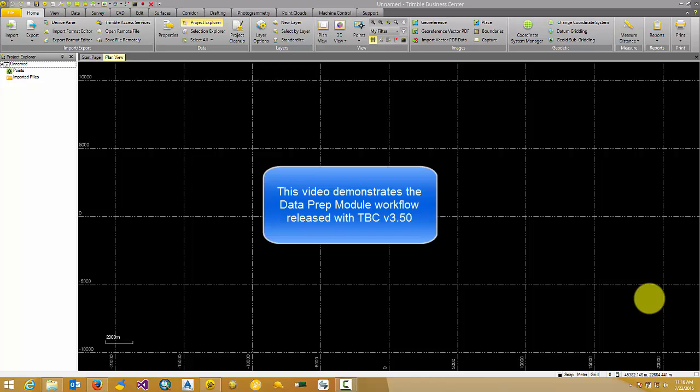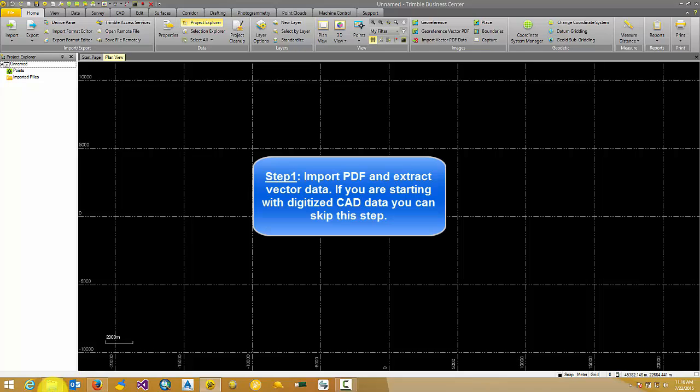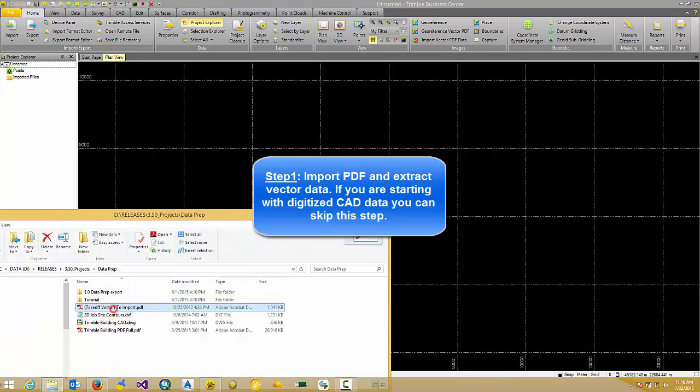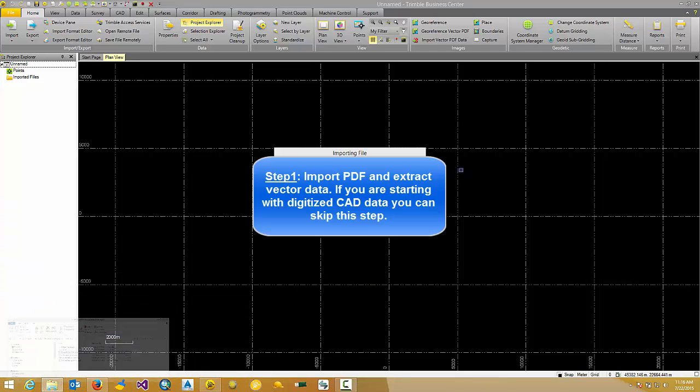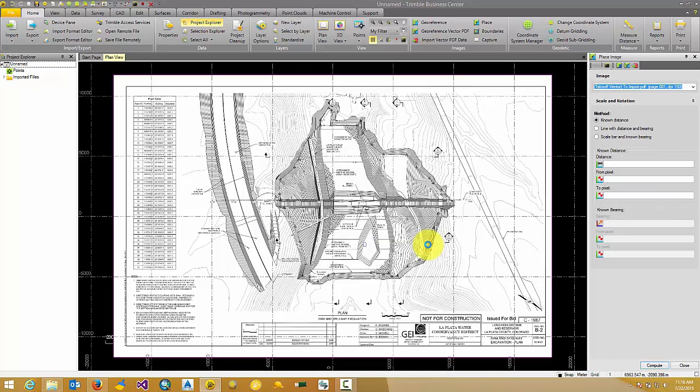In this video we are going to demonstrate the workflow behind the data prep module that was released with TBC version 350. Here we have a blank TBC project, and as a next step we are going to open a PDF inside TBC. So in this case this is a vector PDF, and you will notice automatically a place image